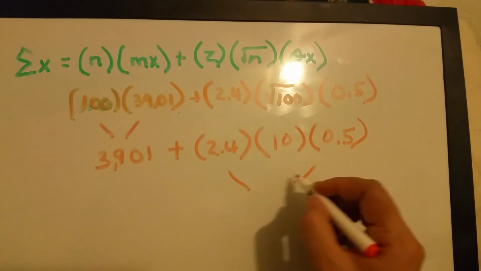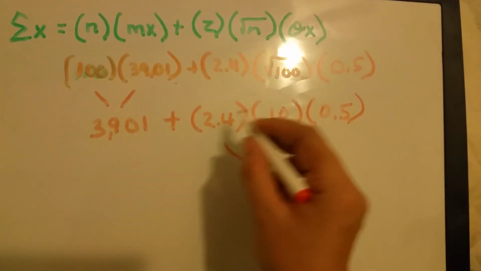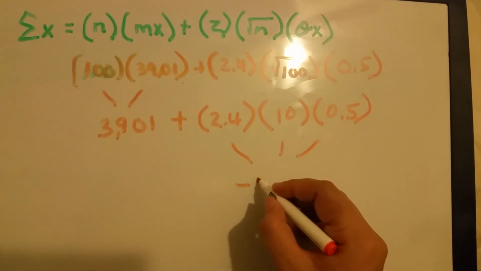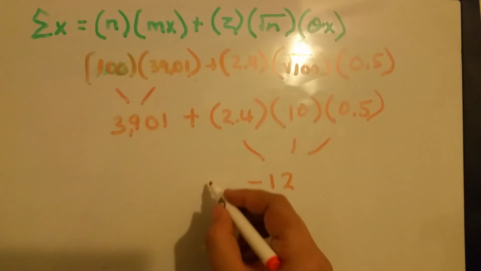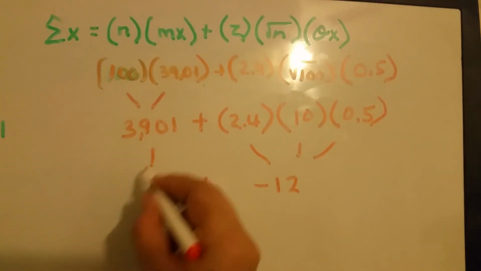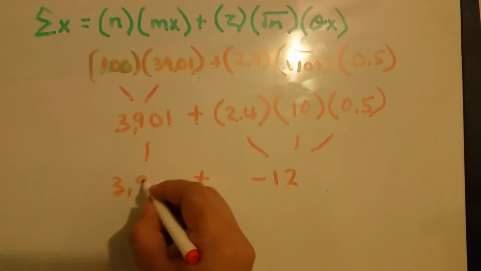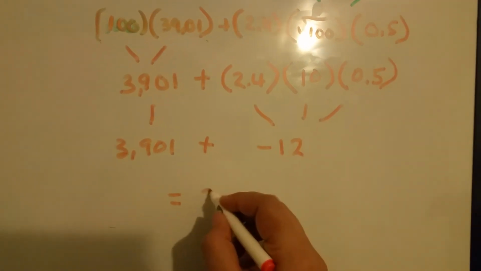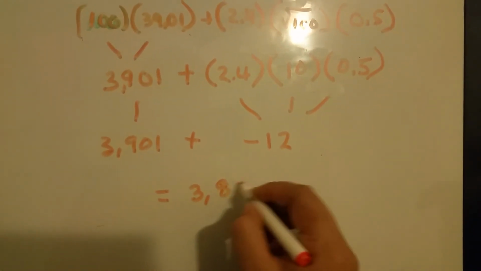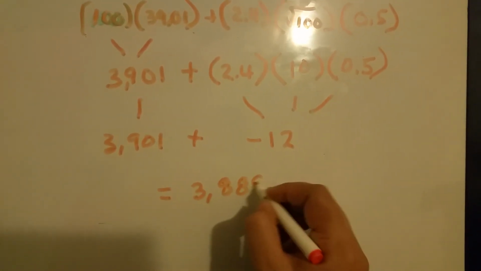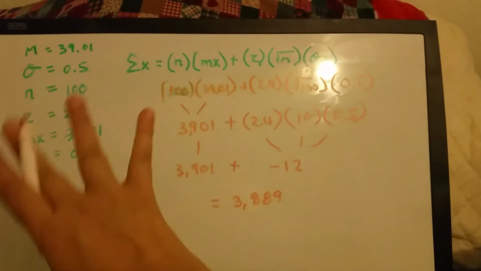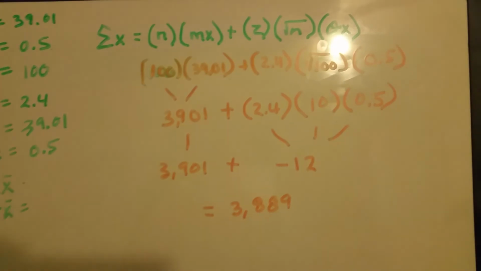Let's bring all of that down, multiply all of these together, and you've got negative 12. And so we've got a total of 3,889. That is the sum of the count of all of this. Okay, hope you